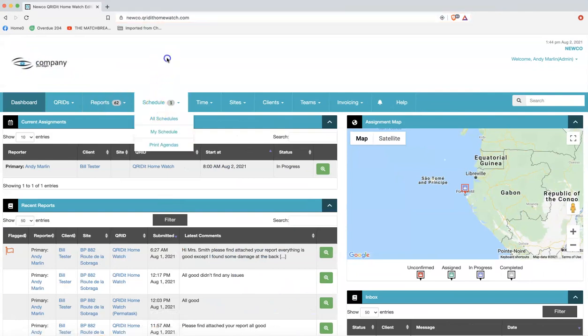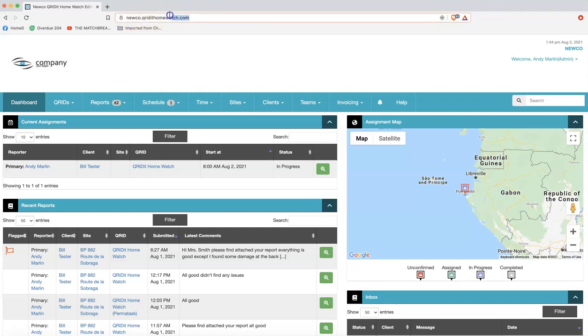So you go to your credit dashboard, whether you're a manager, an admin, or a reporter, and you're going to see a domain at the top. This is called a subdomain. Our domain is credithomewatch.com. And your company will have an acronym or your company name prior to that, the prefix. So in this case, it's newco.credithomewatch.com, which is our subdomain. And all you need to log into the app is the prefix and the subdomain. So once I know that that's Newco,